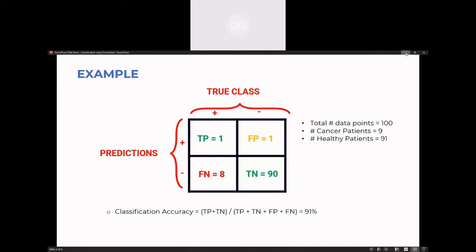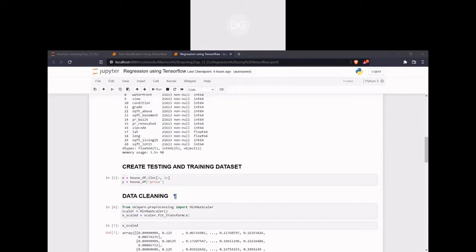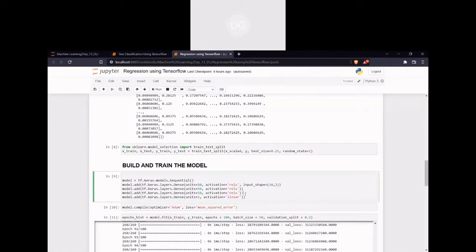Any doubts in that, like the previous example or anything? It is going to be only a small change. What will happen if we change the last layer? We have two hidden layers and one last layer, right? What will happen if we change the last layer units? We have only one neuron here. We want only one output, the price of the house. That will be one price only, right? This is the output.